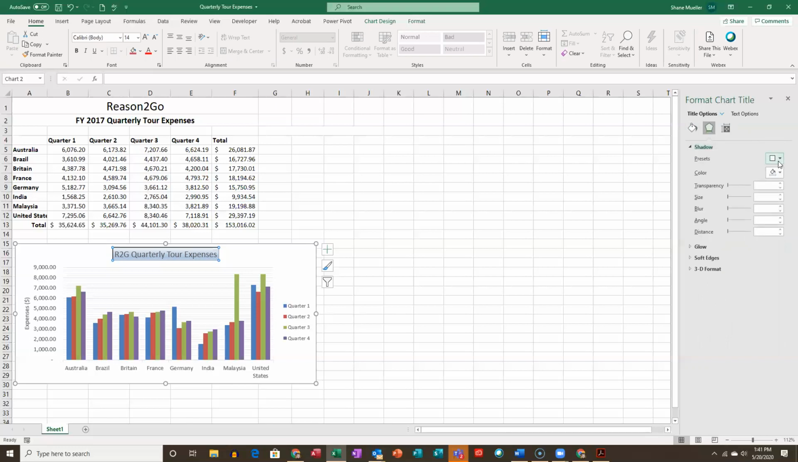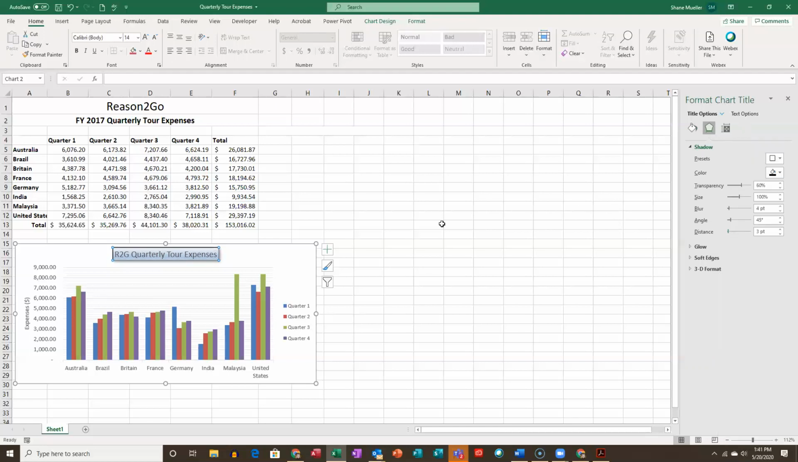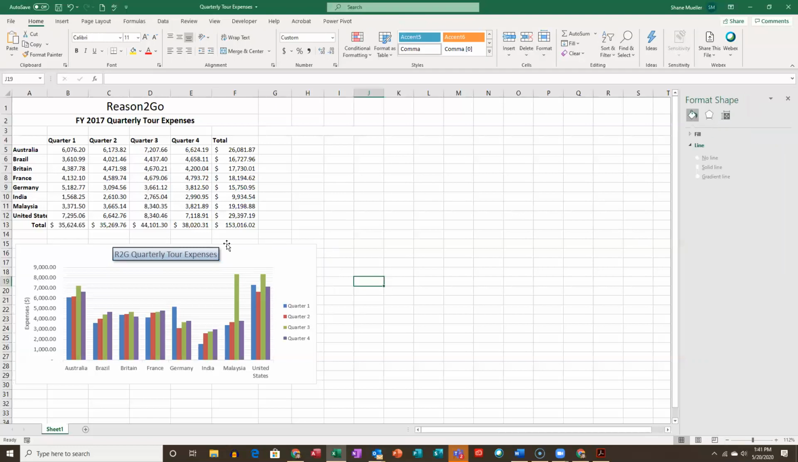And again, I like applying shadows because I like that it gives it a little bit of depth. And I really like the offset bottom right shadow. I just think, to me, it gives it a really sharp look. Just adds a little bit of depth to it. And again,